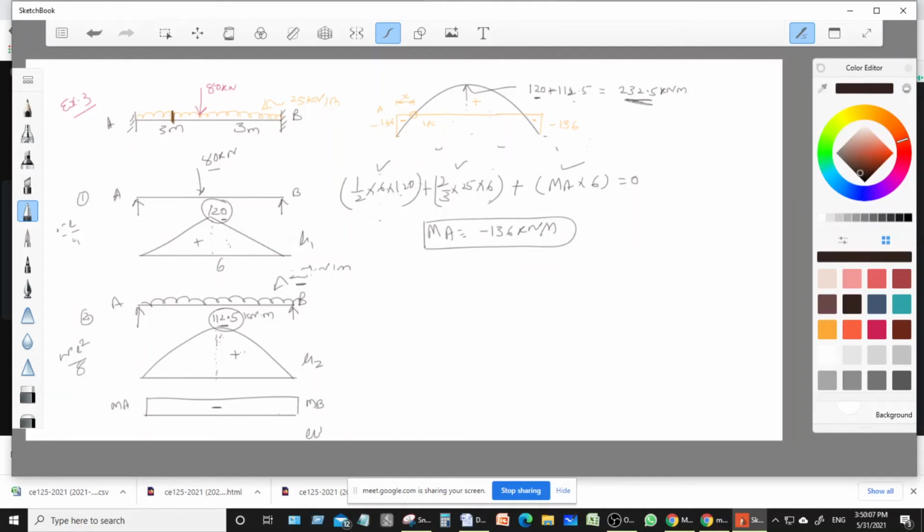That is your PC. It's acting at the distance of x. So I'm going to enlarge this portion. Now before enlarging, we will find out the reaction. So the reaction will be this.